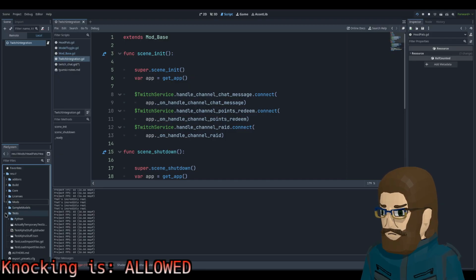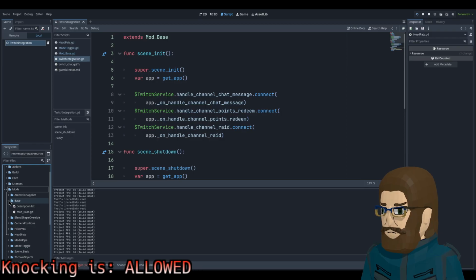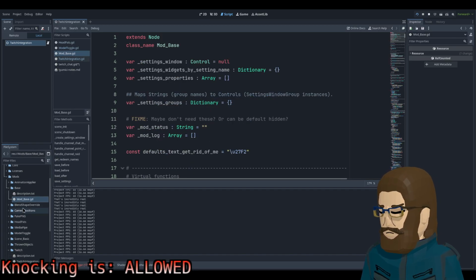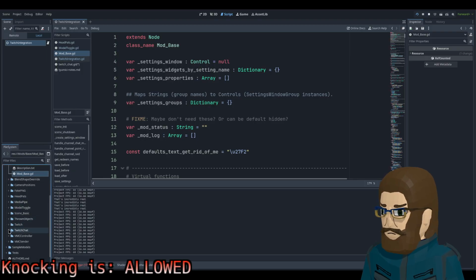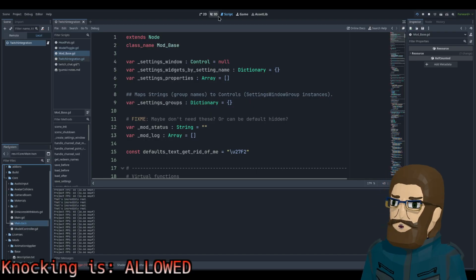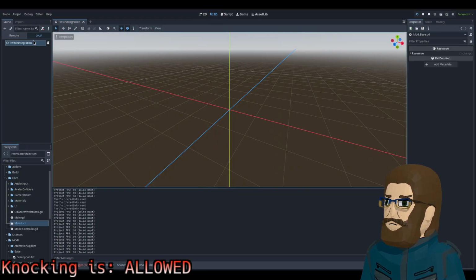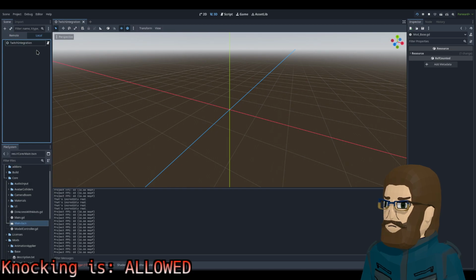We have sample models, we have tests. That's not what we need. Mod base. Yeah, we already had that open. What was I looking at? Build core? Is it core? Yeah, something's weird with this.